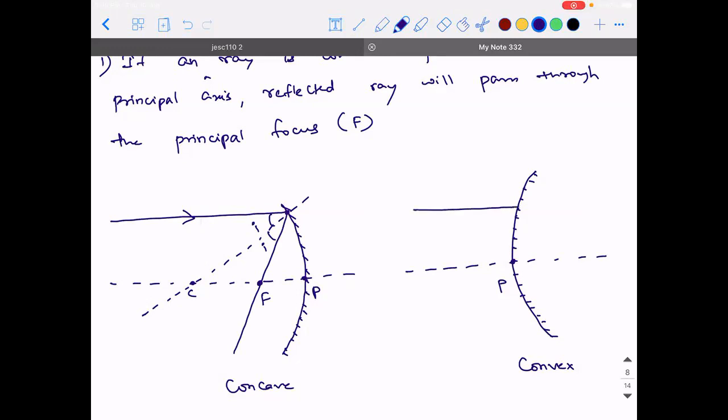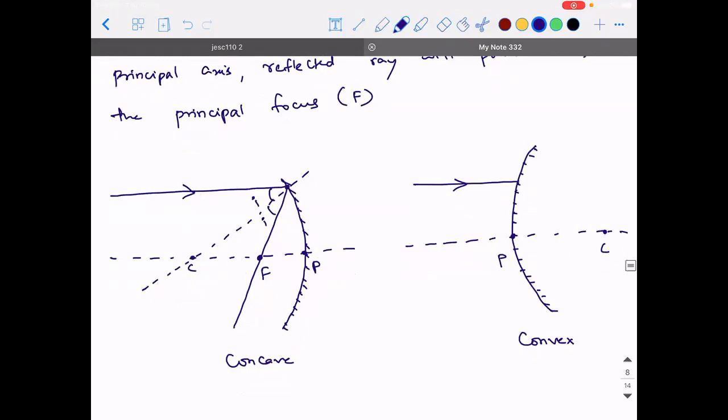Similarly, with respect to a convex mirror, observe what is going to happen. If I take a ray parallel to the principal axis, then the center of curvature is going to be here. So from the center of curvature, we need to draw a line joining the point of incidence. When you do that, this angle will be the angle of incidence. Okay, this ray will get reflected in this path in such a way that this is going to be the reflected ray, and it will reflect back at the same angle i. Okay, so is there a possibility that this reflected ray is going to meet the principal axis?